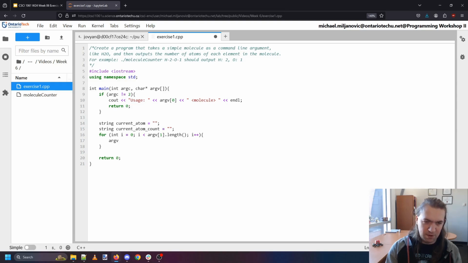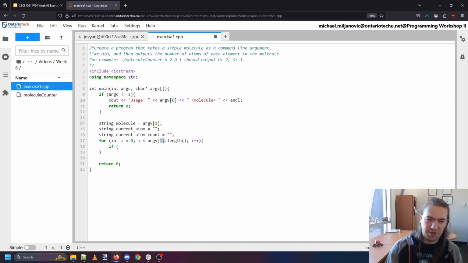So argv1 is our current string. I think it's going to be annoying to refer to this as argv1 all the time, so instead I'm going to do string molecule is argv1. And now I can just write molecule instead. It's a little more understandable when I'm reading through the code and thinking about what's happening. So, okay, I got my molecule. For each letter in the molecule, if it's an uppercase letter,